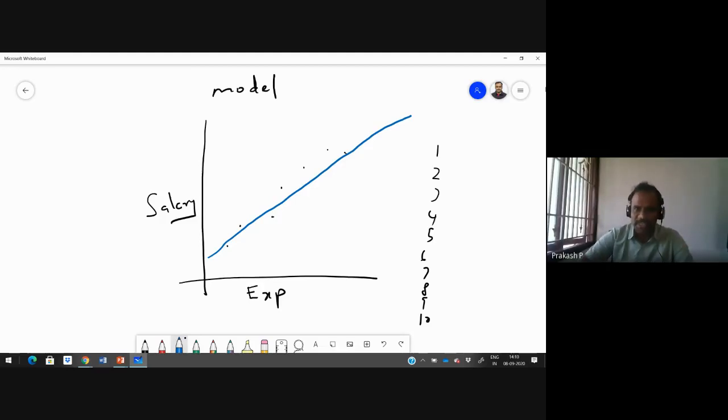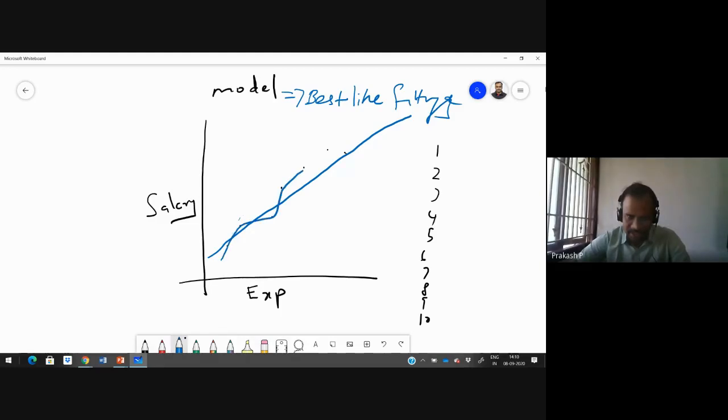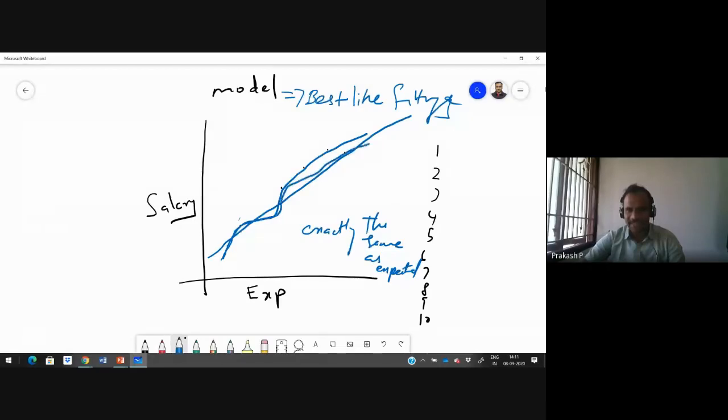Now, our target in linear regression is to find the best line. What is called the best line, or best fitting line? People used to say best fitting line. What it means is the line should traverse across all the input points. Then only our model predicts exactly as expected. So this is not a straight line, it's a curved line.